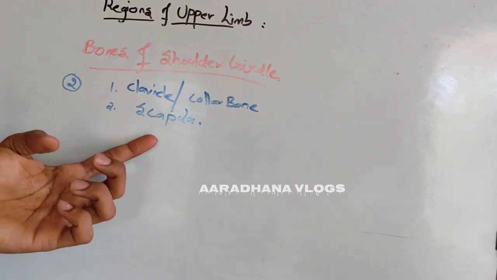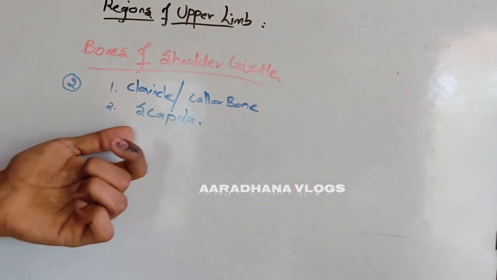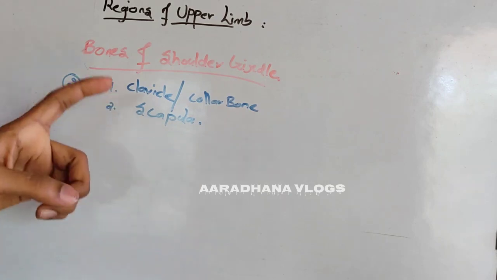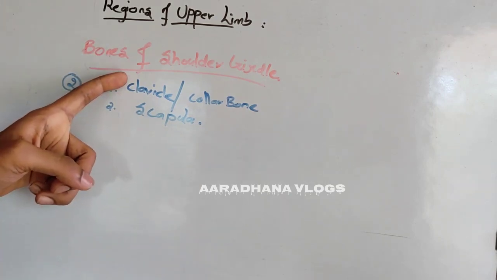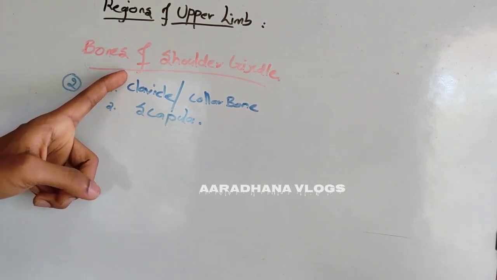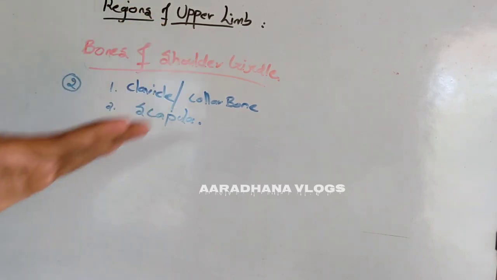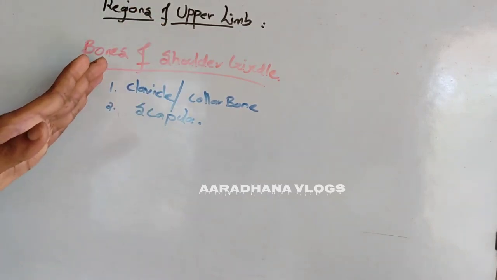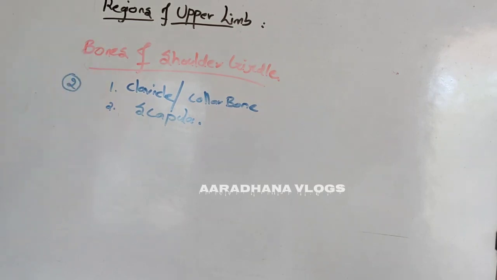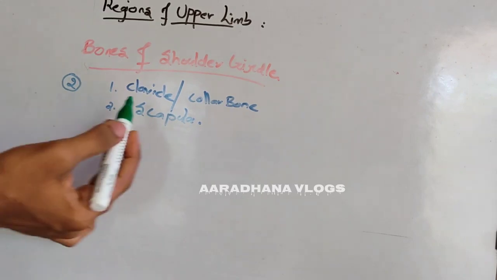The scapula is very mobile and held in position by the muscles, and the clavicle articulates with the axial skeleton at the sternoclavicular joint. When we deal with the sternoclavicular joint, we will explain that. For now, the bones of the shoulder girdle are the scapula and the clavicle. One more important thing about the shoulder girdle bones is that these two bones